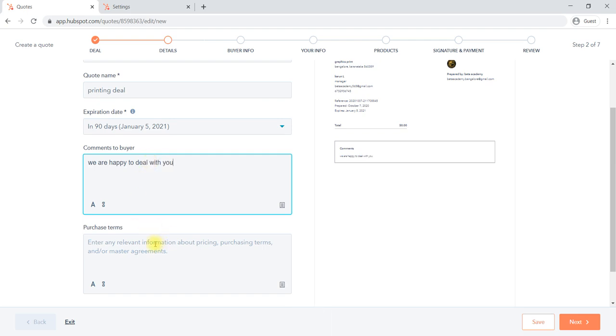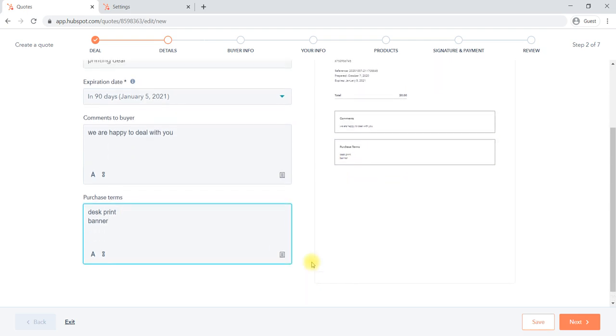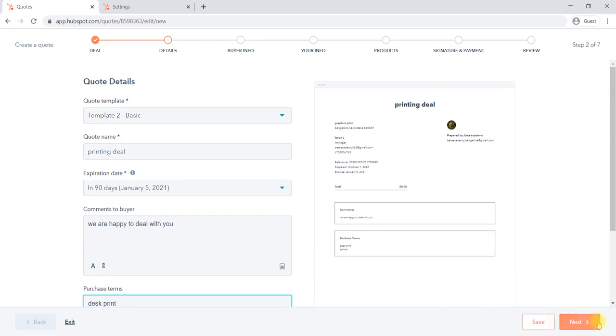And the items we are going to purchase, like desk print and banners, have been added here. You can add a quantity also here itself. Then we say next.